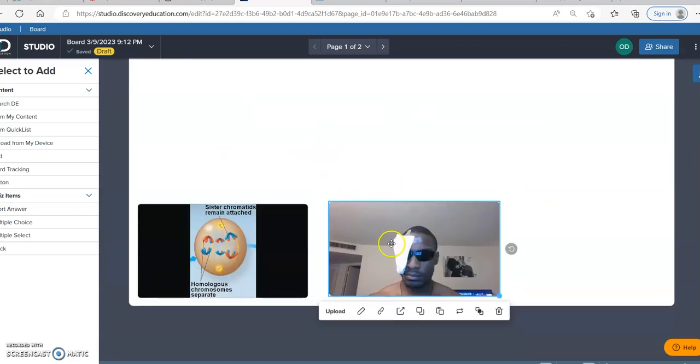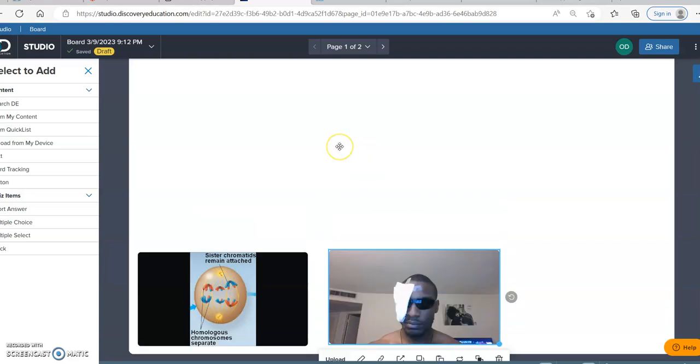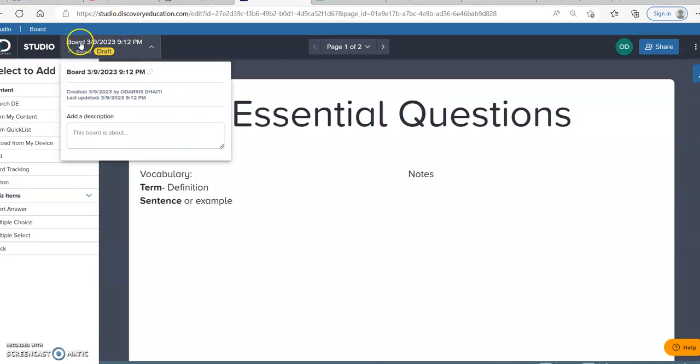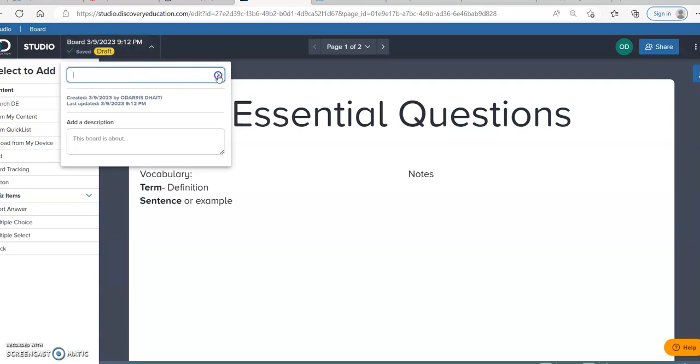All right, and that's just an image, but you obviously will have a video or you will have an audio recording. Okay, and last but not least, we have to click right here. See where it says board 39? It puts the date. I don't want the date. I want your name. So let's put Mr. DeHaty,